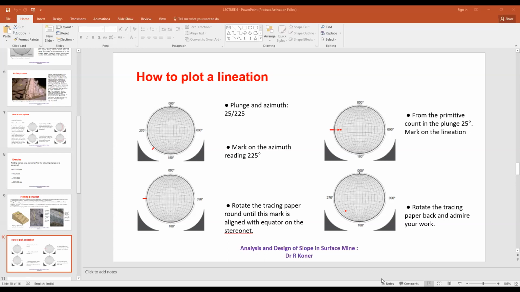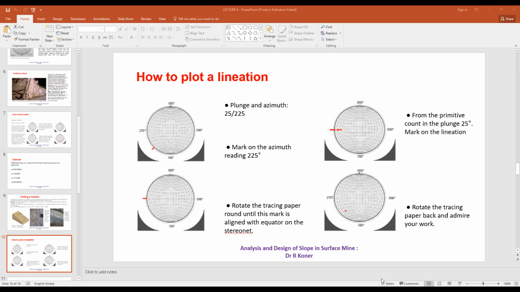Actually, it indicates, suppose 225 is the orientation, that is the azimuth. Azimuth is here, I have marked the point. In my imagination, if it is 225, it should be along here, so I will rotate here. And I am telling you a surprising thing: if you rotate here and here, there will not be any difference.